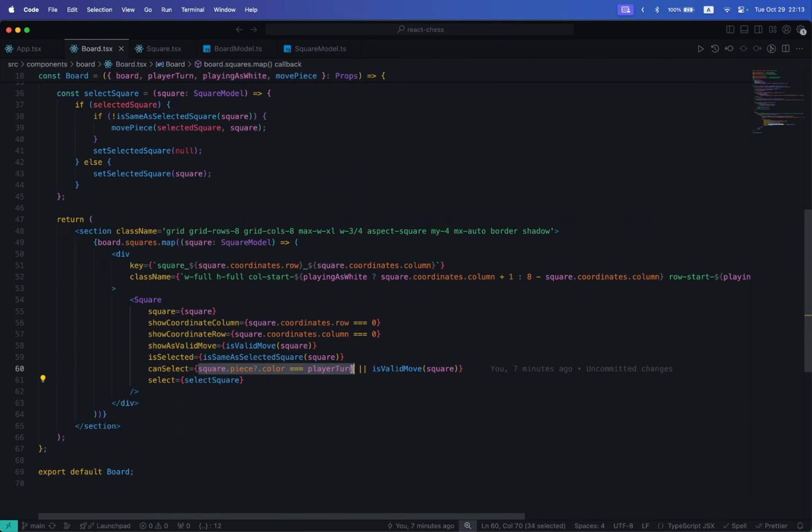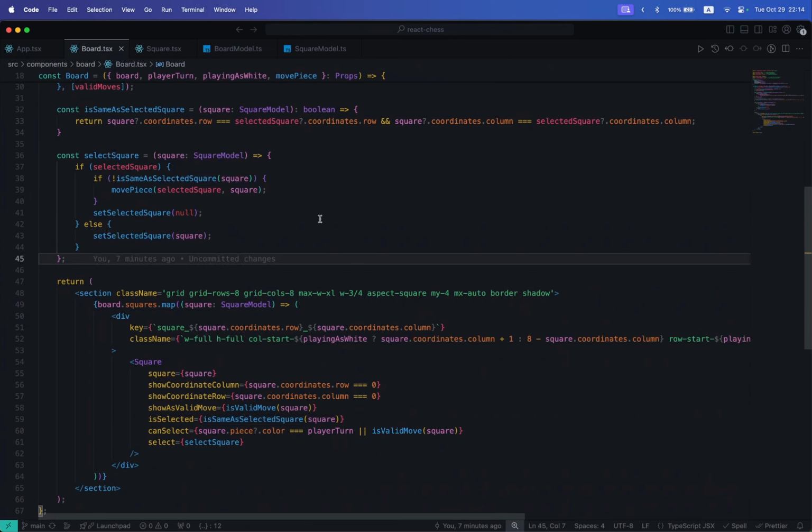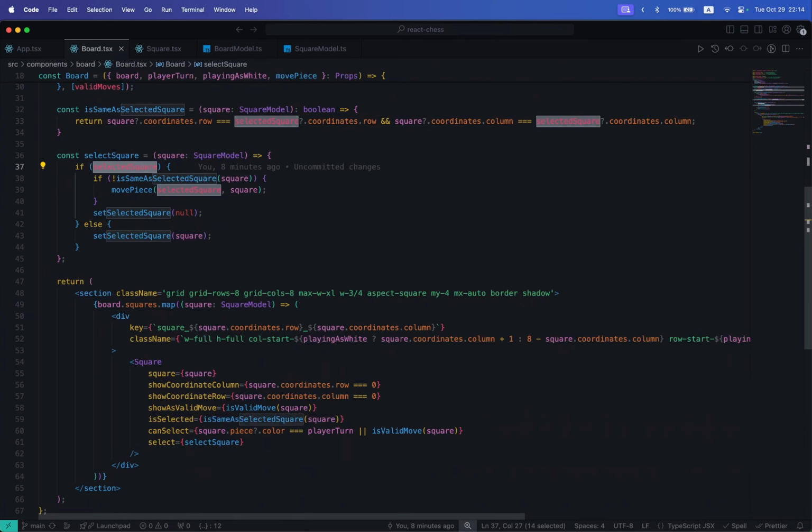We could remove this from here or improve this logic and say that you can only select if it's a valid move and it's the player color's turn, but only if there is not a selected square already. But I think this will add a bit too much logic. So I think it's just better, in select square, to verify before we make this move if this is a valid move. Adding this logic here, then if it's a selected square, if they already have a selected square,